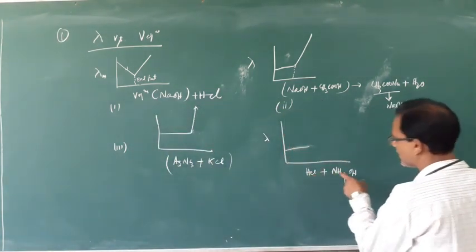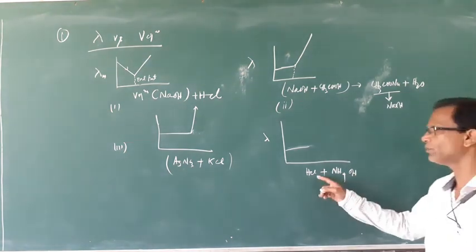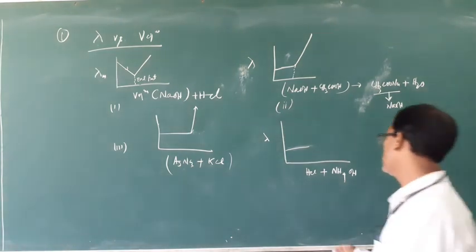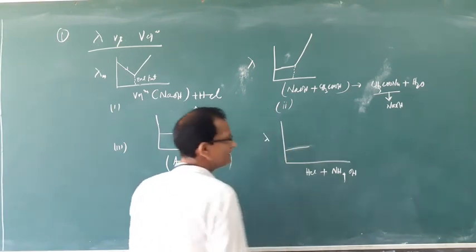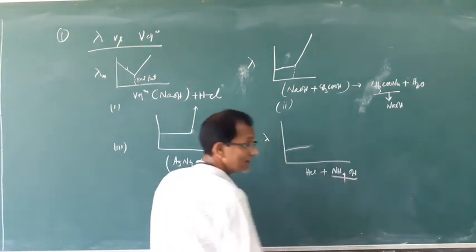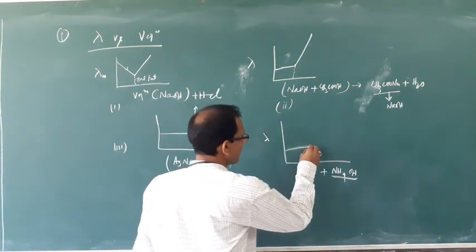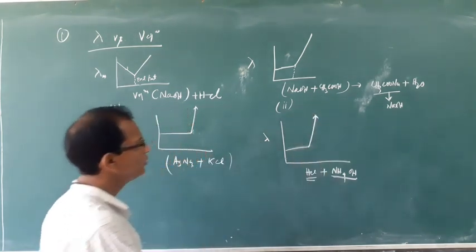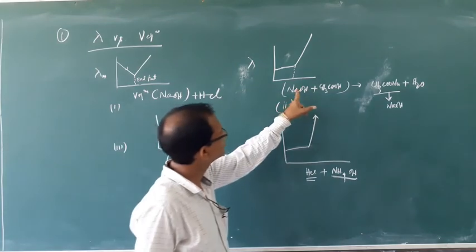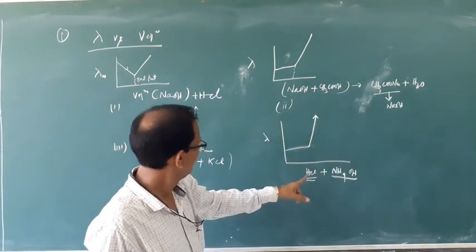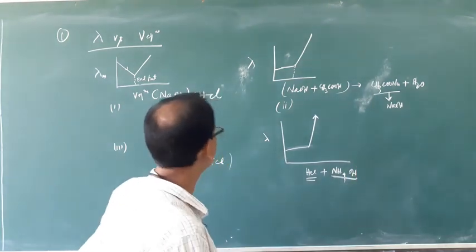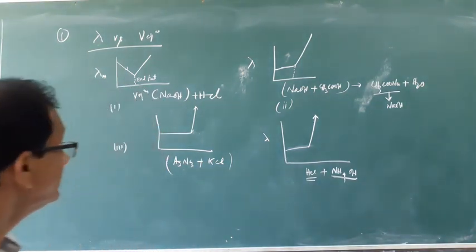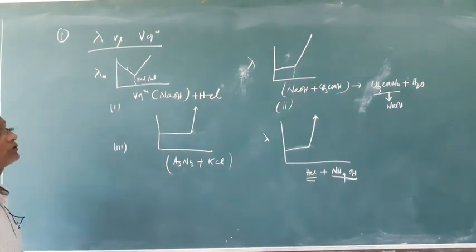But when HCl is added, it produces ammonium chloride. Ammonium chloride gets highly dissociated, highly ionized, so the conductance is just increasing. But when all ammonium hydroxide is neutralized at this point, then with further addition of HCl, the conductance will increase. So this graph is just like the same, strong base with weak acid, strong acid with weak base, a similar type of graph. So these are the very important conductance graphs for different types of electrolytes.